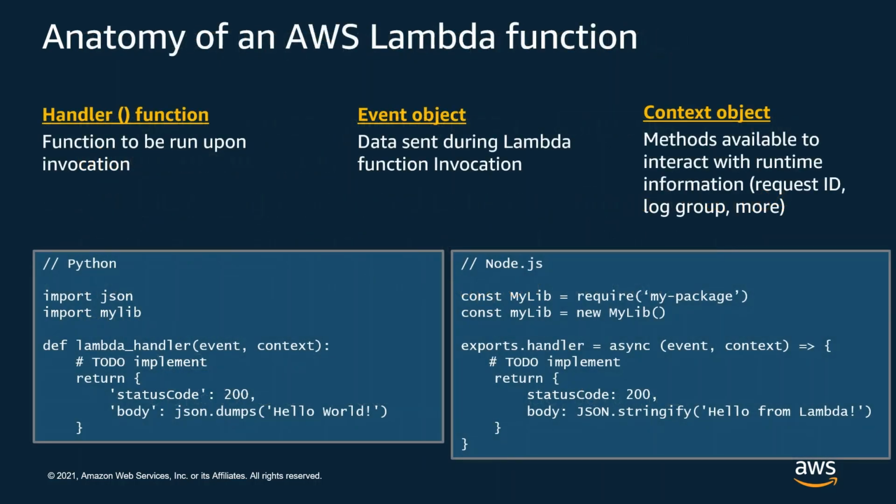So, looking now into the function level, there are a few different elements to understand. The handler itself, which is the function that will be run upon an invocation, and there are parameters handed into the function. The event object, which is a JSON describing the event, causes the invocation. It's an array and can contain multiple events. There's also a context object, and this provides methods and contains metadata which allows you to interact with the runtime